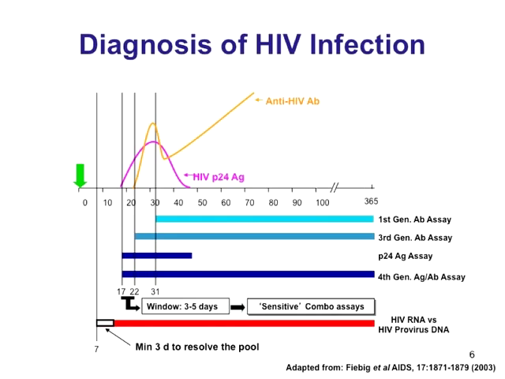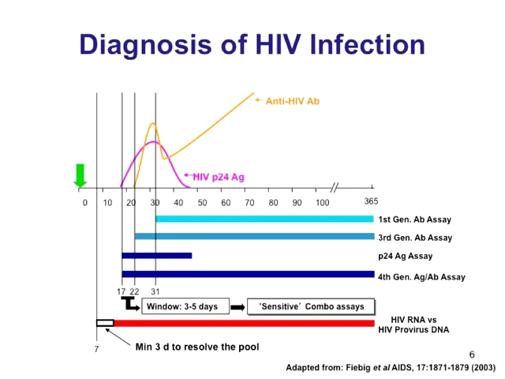This has led to a change in the counseling guidelines for testing. Previously it was recommended that people get repeat testing at 6 months, and now it's 3 months, since it's been demonstrated that greater than 99% of people will have completed the seroconversion process by then.